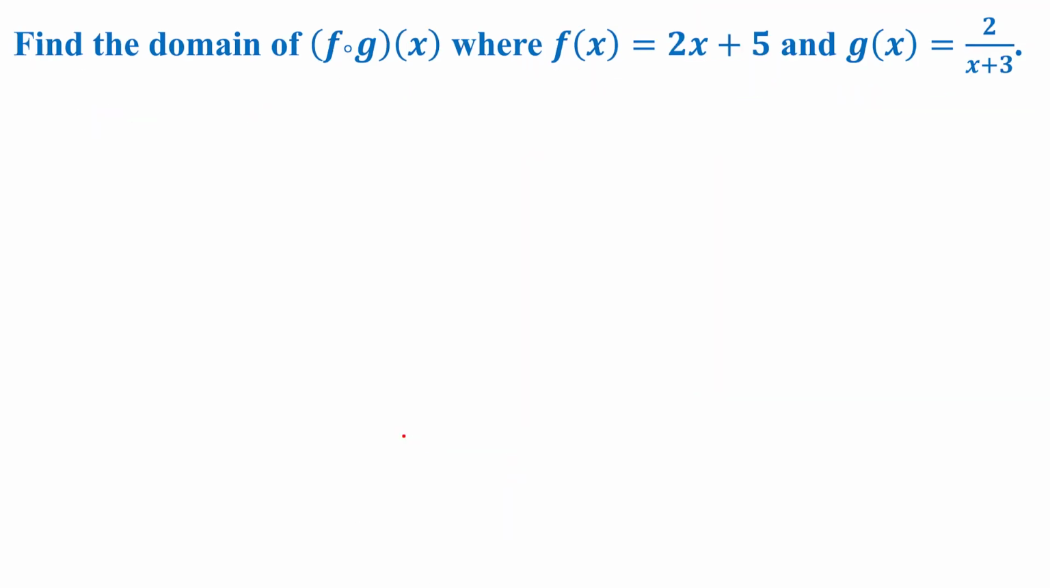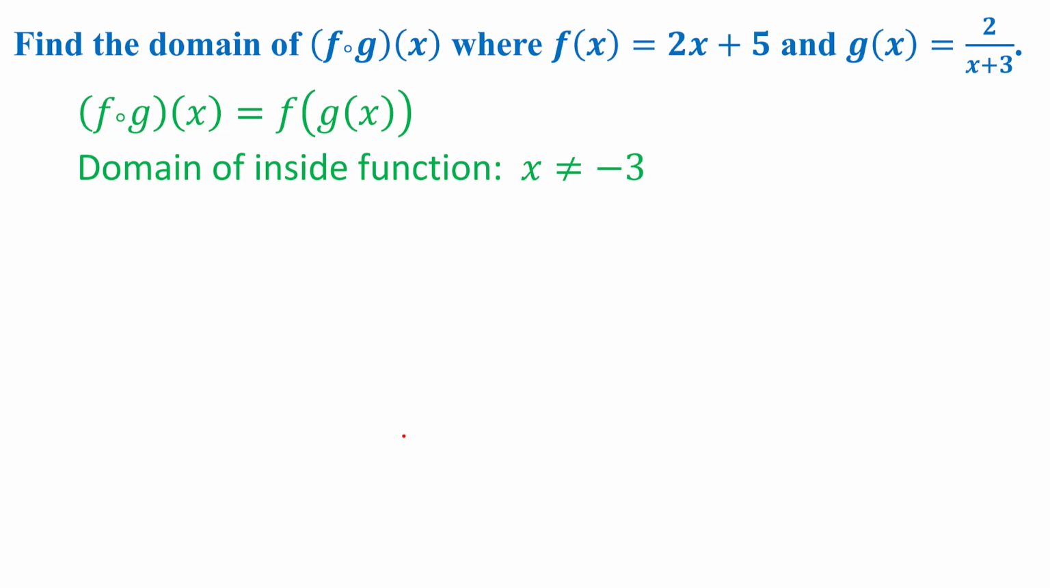Okay, then we have the domain of f composed with g of x, where f of x equals 2x plus 5, and g of x equals 2 over x plus 3. Again, I'm going to start by writing what f composed with g of x means. It means f of g of x. So my inside function is g of x, which is 2 over x plus 3. The domain here of g of x, I know that x cannot be equal to negative 3, so I'm just going to write what's excluded here. The domain of the inside function would actually be all values of x except negative 3. The outside function then,